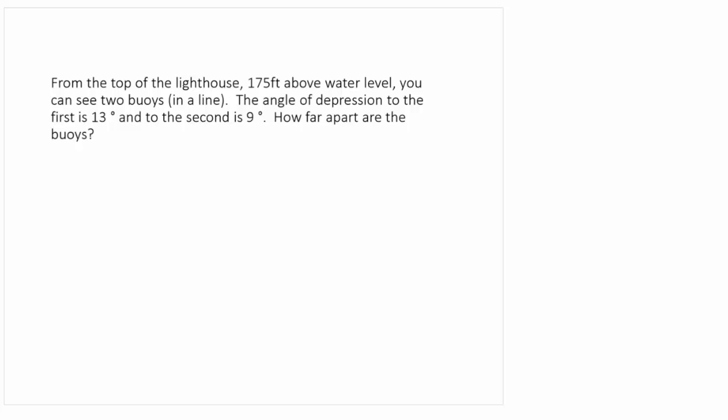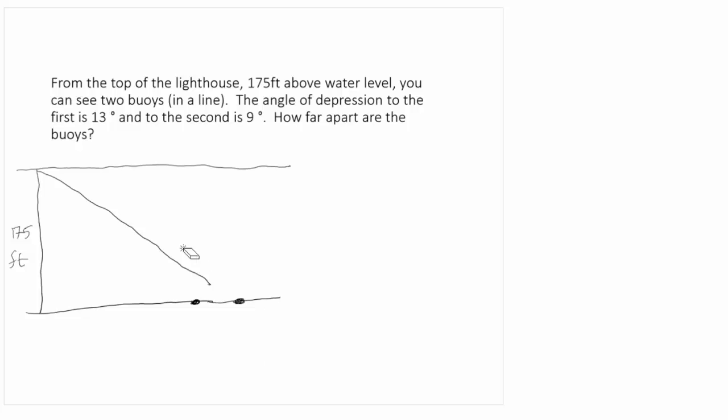From the top of the lighthouse, 175 feet above water level. Alright, so here's our water level, and our lighthouse is 175 feet. We can see two buoys in a line, so let's mark those two buoys. There's one, and there's two. The angle of depression to the first is 13 degrees, so let's think of our horizontal. And so then my angle of depression to the first,